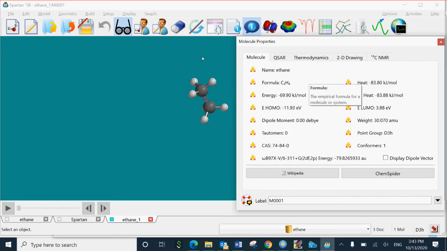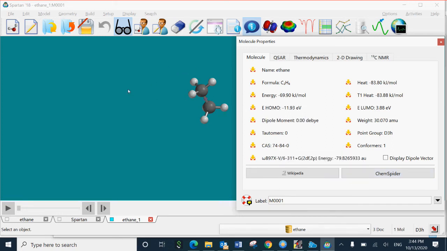This value is the strain energy associated with this eclipsed conformation of ethane. So you can take a screenshot of this and attach it with your report so that we know that you got this energy with this conformation.